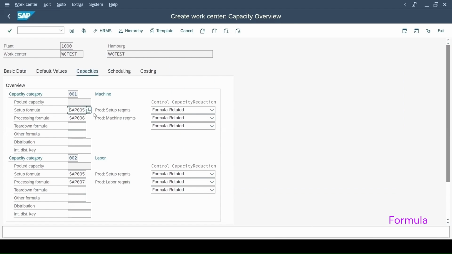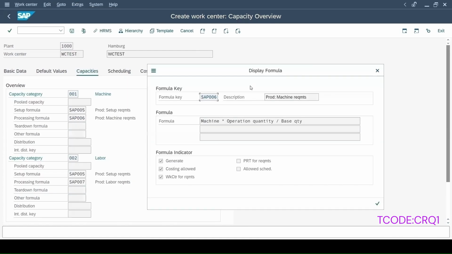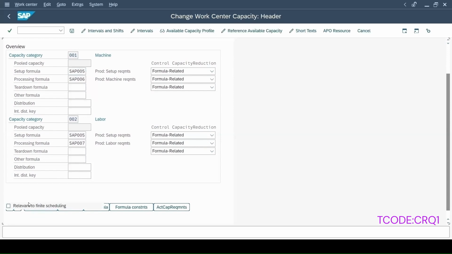Similarly, if I want to see the formula which is maintained for the processing part, you can select this. From the menu, you can select display formula. If you want to use some different formula, then you can create a new formula. Of course, all these things are coming from the configuration. Even a few buttons are there which will give you a few extra information, like if I click on this capacity header data part,